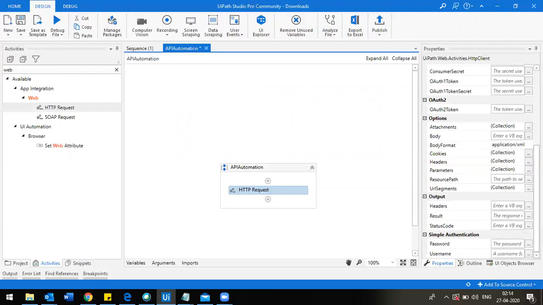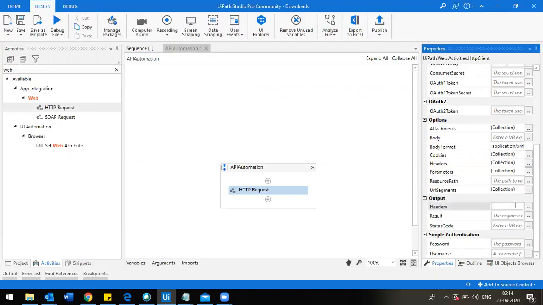If your request has a header, then you have to give the header information here. For the result, you have to create one variable. I'm creating one variable and naming it API results. And then the status code.